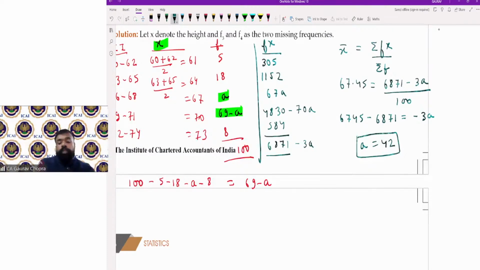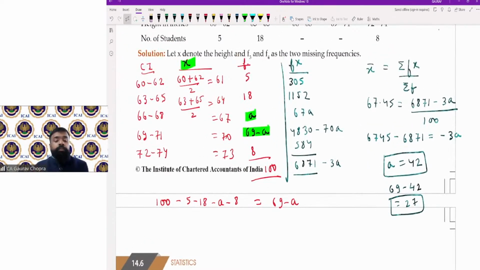If A is 42, what will be the other value? 69 minus 42. That is 27. So one value is 42, other value is 27. So Om Gupta has given, Bhumika Saini has also given the answer. Okay. So let us